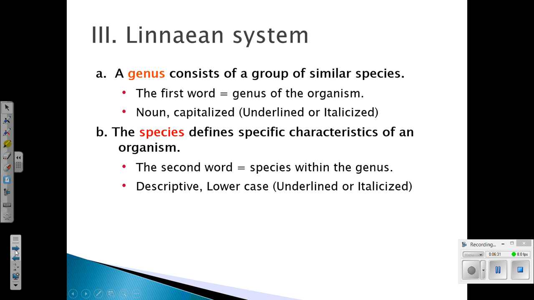According to the Linnaean system, the genus is going to be the first part of your scientific name, and it's usually capitalized, and it's going to be the same as all others in that group. So for example, the genus Ursus means bear. All of the bears, the black bears, grizzly bears, are going to be in this genus. And the species name should be more specific. It should tell you something about that individual species. That's going to be lowercase and more of an adjective, usually a color or a region.